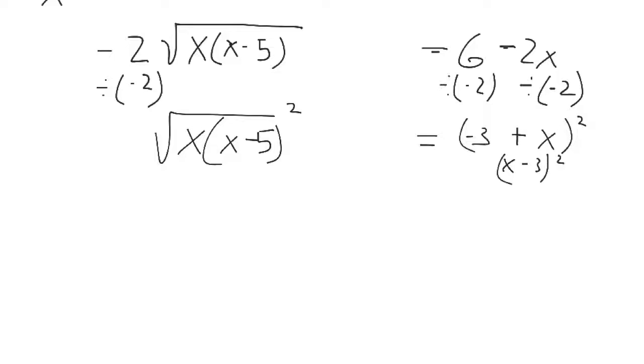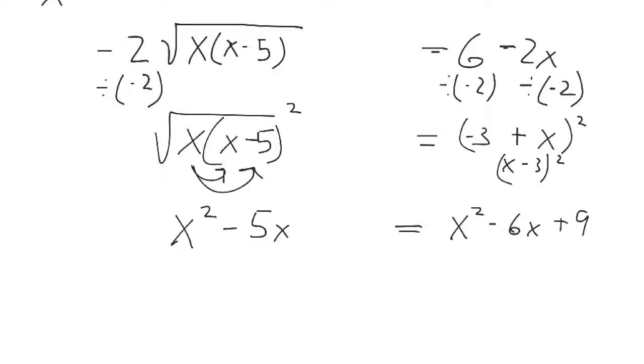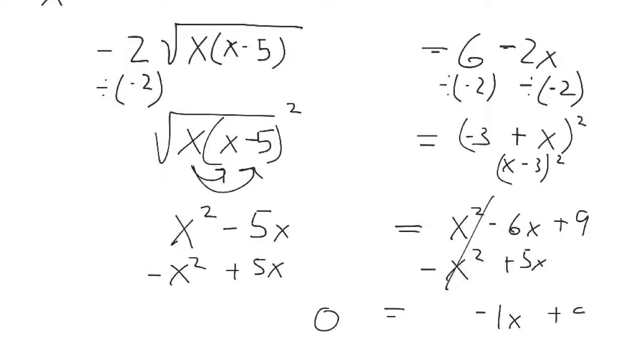I'm just going to rearrange x, negative 3 and x, so that it looks a bit more familiar. And I'm going to distribute those terms, so we get x squared minus 5x is equal to x squared minus 6x plus 9. Combining all the terms into one side, and maybe it would have been easier the other way around, but I like getting rid of the subtraction. So we're left with negative 1x plus 9,